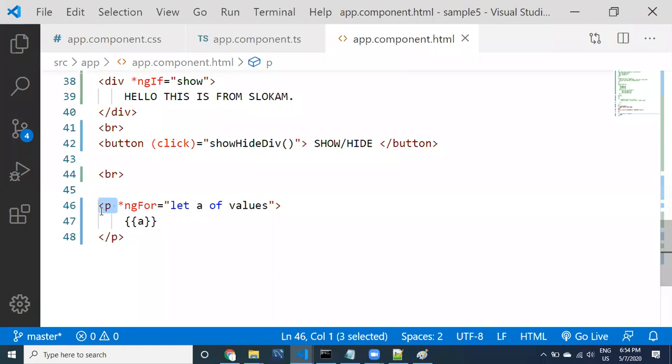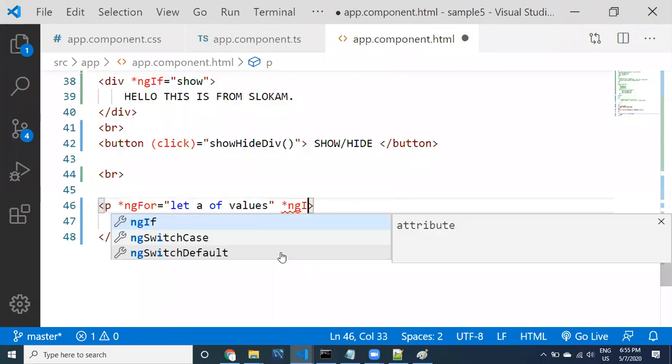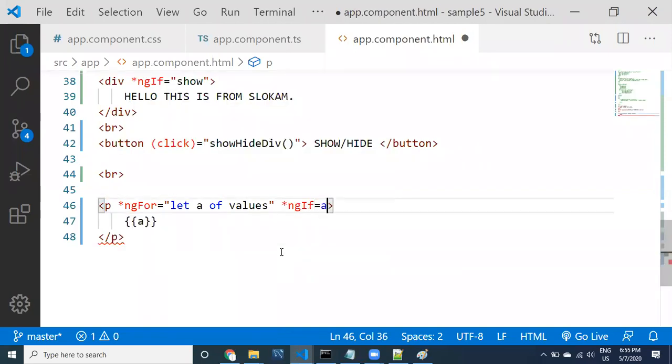You cannot apply multiple structural directives to the same container. Let me put it in other words: for paragraph p, I should not apply ngIf again. Why? Because this is also a structural directive. When you have 2 structural directives on the same element, it is not going to allow. You need to apply only one.